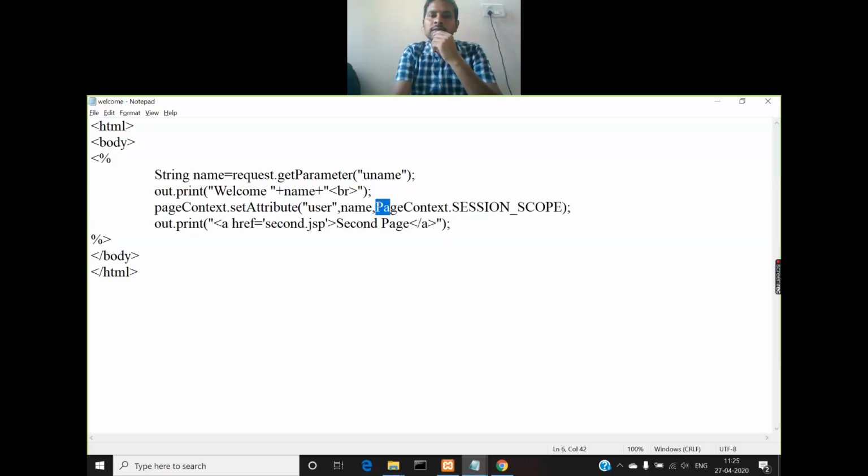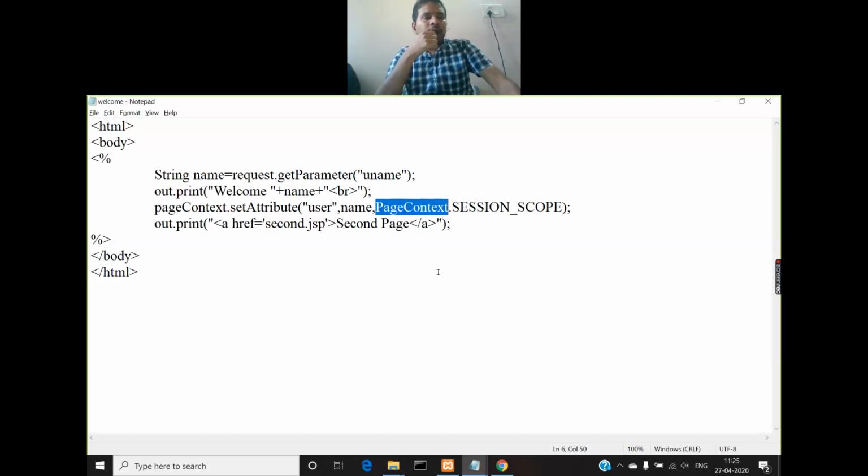PageContext is a predefined servlet class which contains these four different static variables. We have to call them using that class name, and it is available in every JSP file. So you can call it directly using the class name dot variable name.